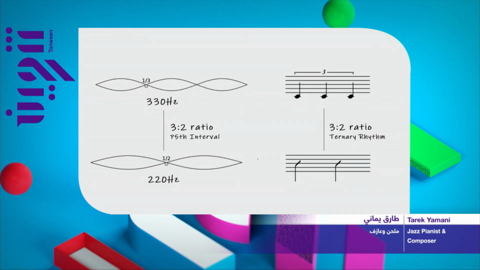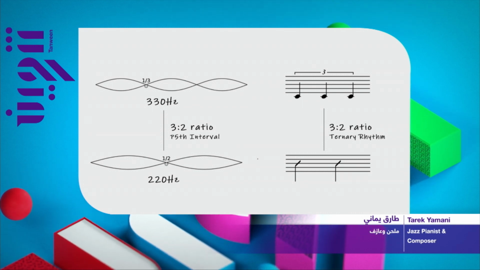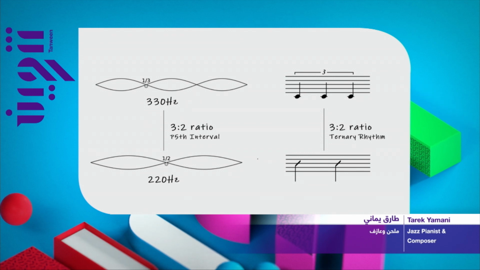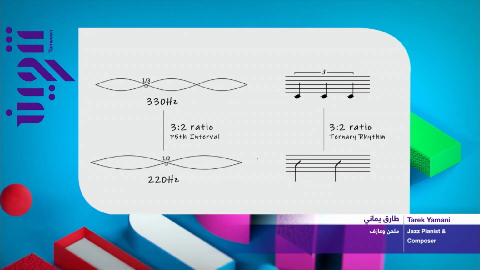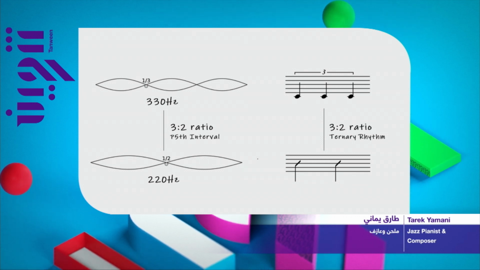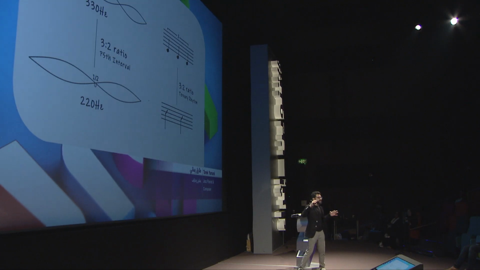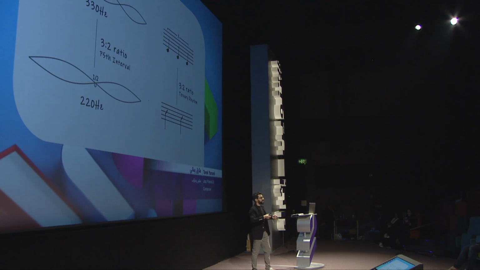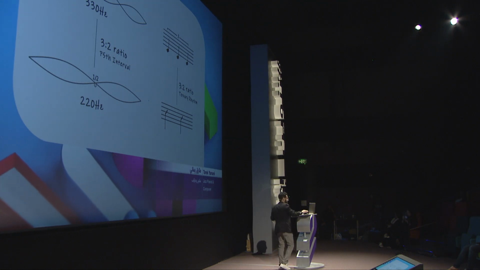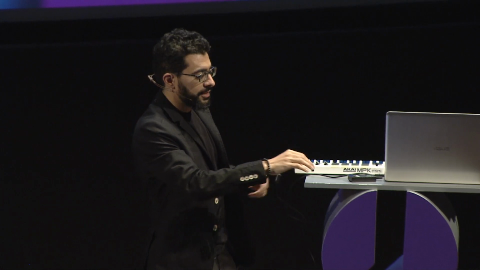So now how is this related to rhythm, which is my main passion. And here I noticed that the relationship between a 3/2 ratio in interval is very much related to a 3/2 ratio in rhythm. So a 3/2 ratio in rhythm means that every 3 beats, there are 2 beats that are played at the same time. This would sound like this if I'm playing 1, 2, 3, 1, 2, 3, 1, 2, 1, 2. So that's the sound of a 3/2.